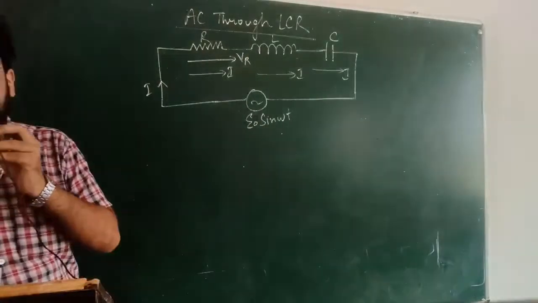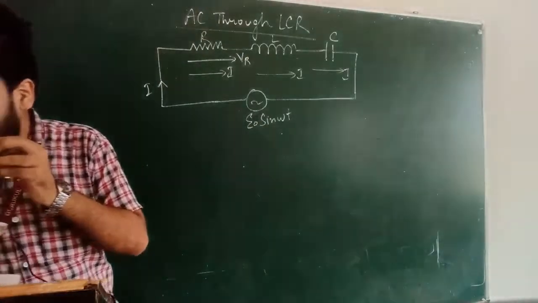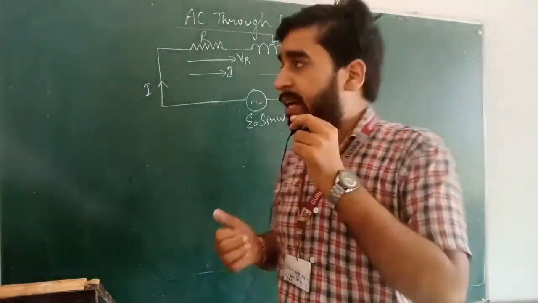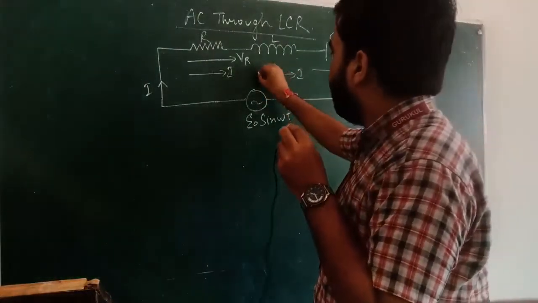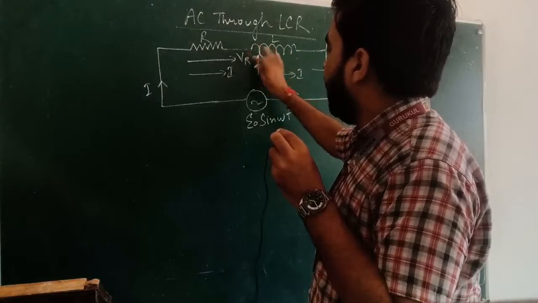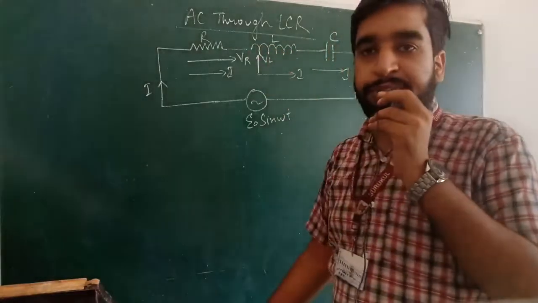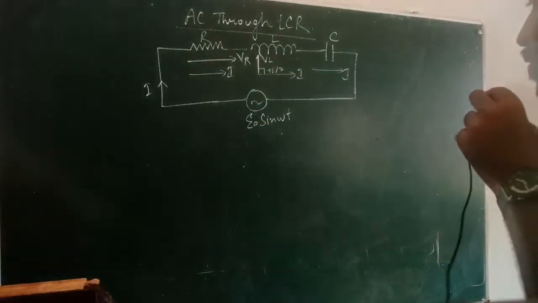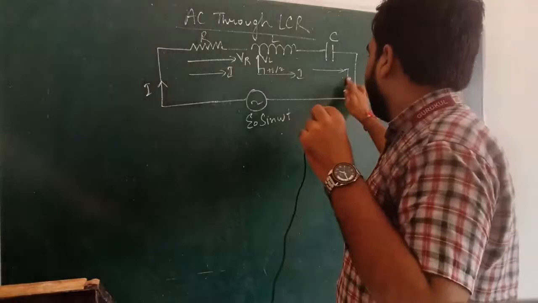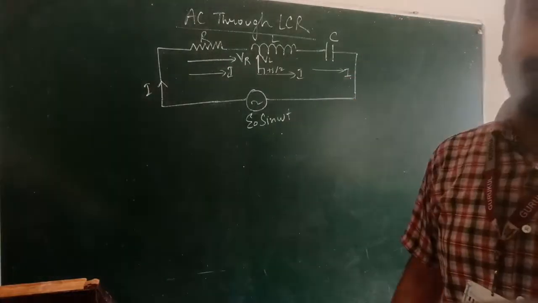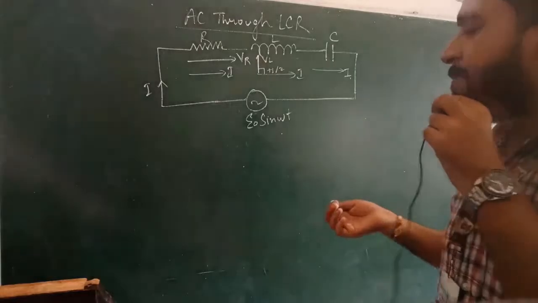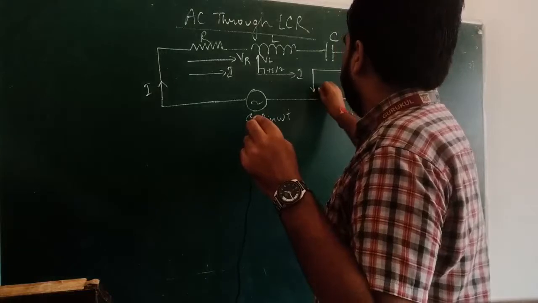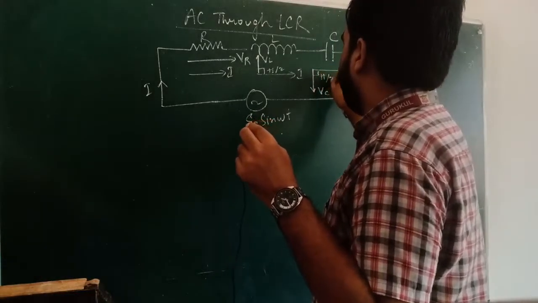Now students, let us come to the inductor. What will be the case with the inductor? In a purely inductive circuit, the voltage is leading the current. So current is here, voltage is leading. So this is VL. What will be the phase difference? That is pi by 2. By the phase pi by 2 it is leading. So this is what I have shown. Now for the capacitor, what will be the case? Voltage is lagging behind the current by a phase of pi by 2. So this will be the voltage VC, with phase difference pi by 2.